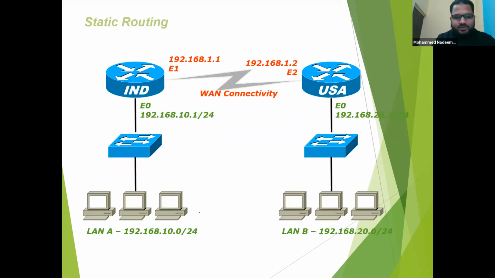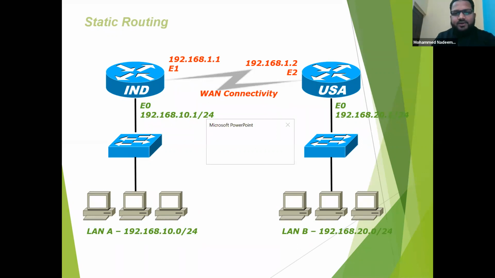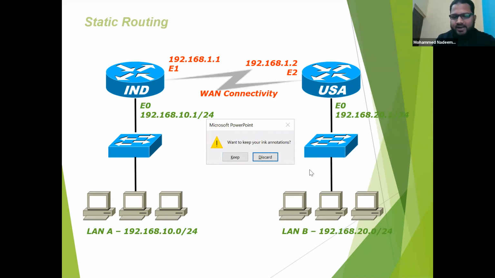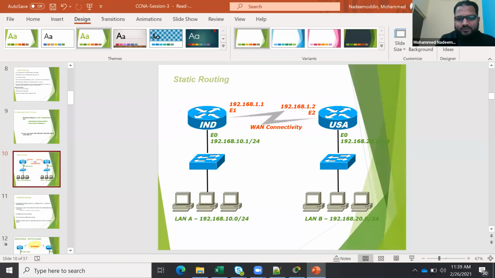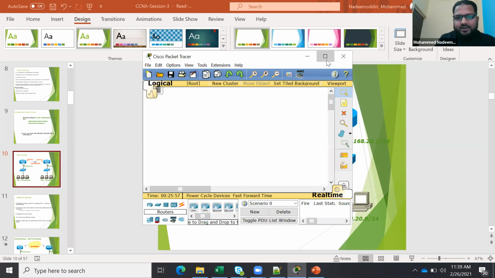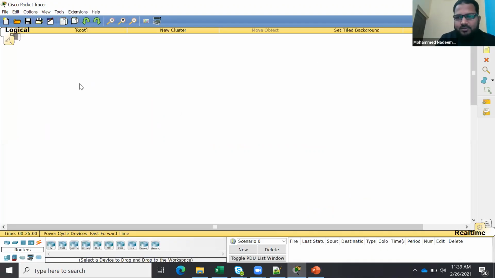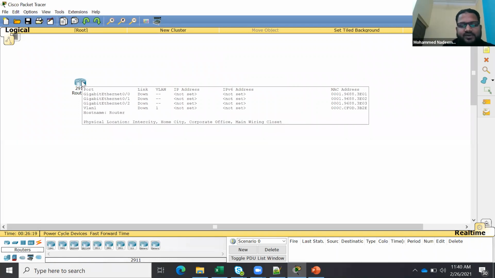So let's go and build one lab where we will configure static, default, and all these three things. I will show you this diagram, and you can reuse the same diagram. Before that, what I need to take is a 2911, because I need two interfaces actually. If I go here and see, it should have three interfaces: GigabitEthernet 0/0, 0/1, 0/2. So it has three interfaces.